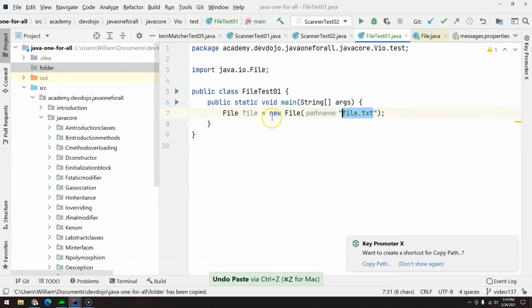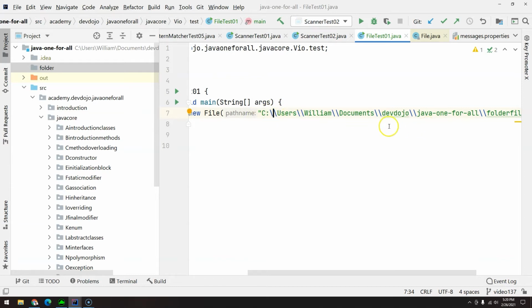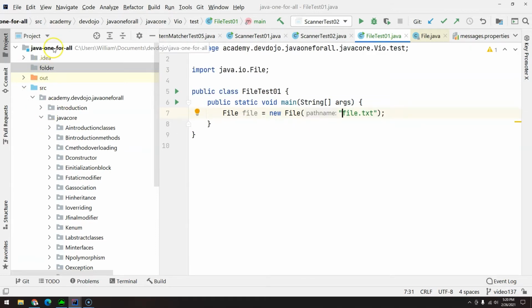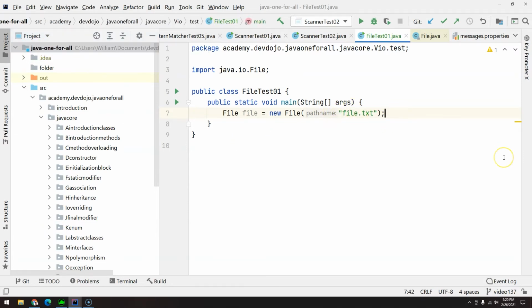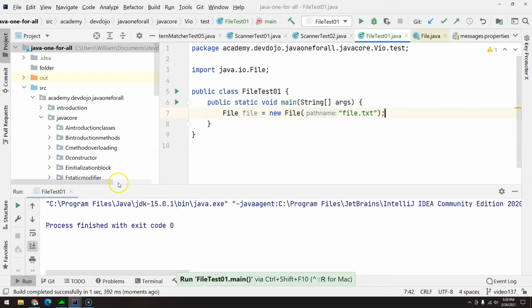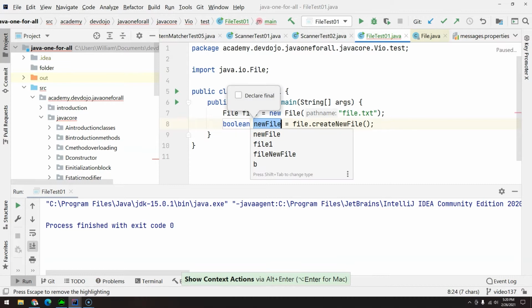Now, just be careful because, especially for Windows users, if you are adding a path to a string, remember to use the escape character for the backslash. And at the end, you also have to add the file. But I want to create inside my root directory of my project, so I just have to use file.txt. Now, if you execute this code, you won't see any files created because you have to call the createNewFile to have a file created. This is going to return a boolean,